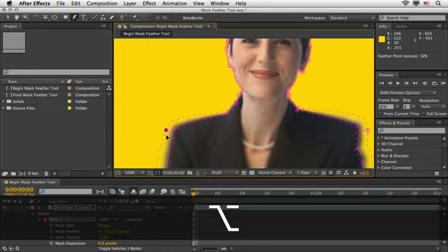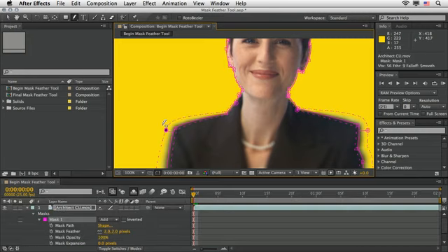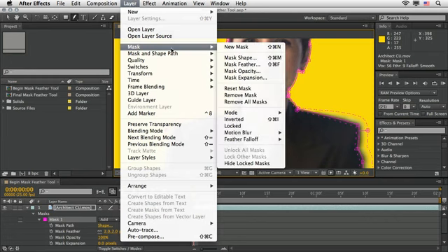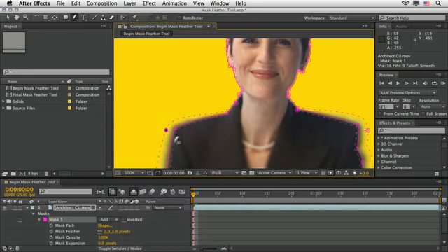And if you take a look at the info panel, then you get your values, and this will change the behavior and the look of the feather. You can also control the feather fall-off by selecting one or more points and then go to the layer menu, and under mask you can choose between the smooth, which is the default, and the linear, which will change the